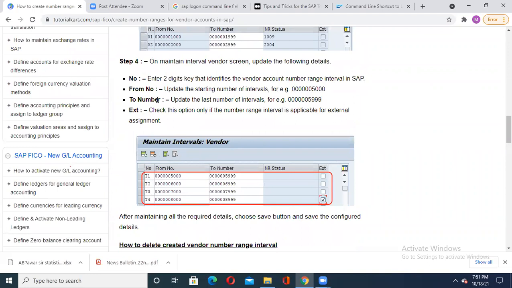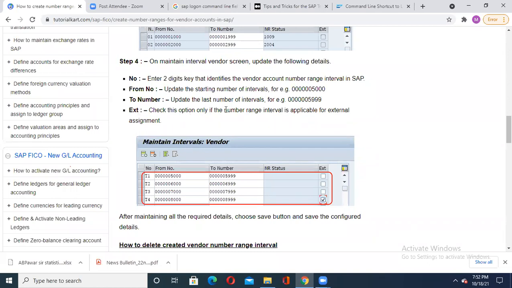Then from number, it is the starting number of that particular interval. It may be defined by your company. It is given maybe like 1 2 3 4, around 6 plus 10, meaning a total 10-digit key, given from number to number. Then you have to enter the to number, then ext. What is this?